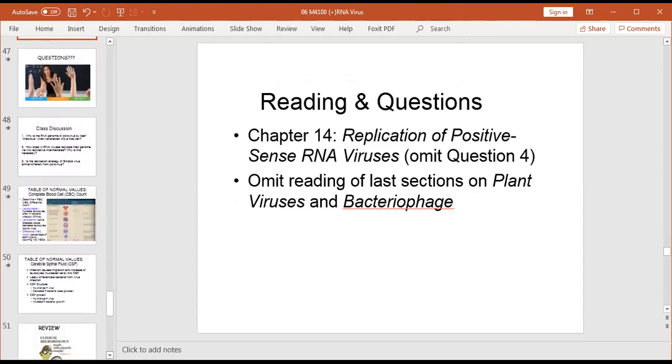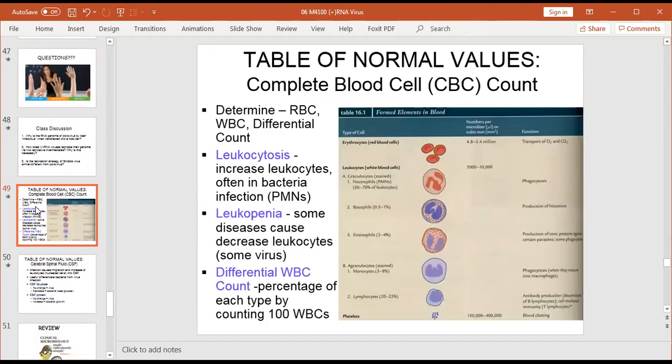And there are a couple other slides that I want to discuss about complete blood cell count, or CBC. Viral infections usually cause an increase in the number of white blood cells, in particular lymphocytes. So a CBC, or complete blood count, determines the number of red blood cells, the number of white blood cells, and differential